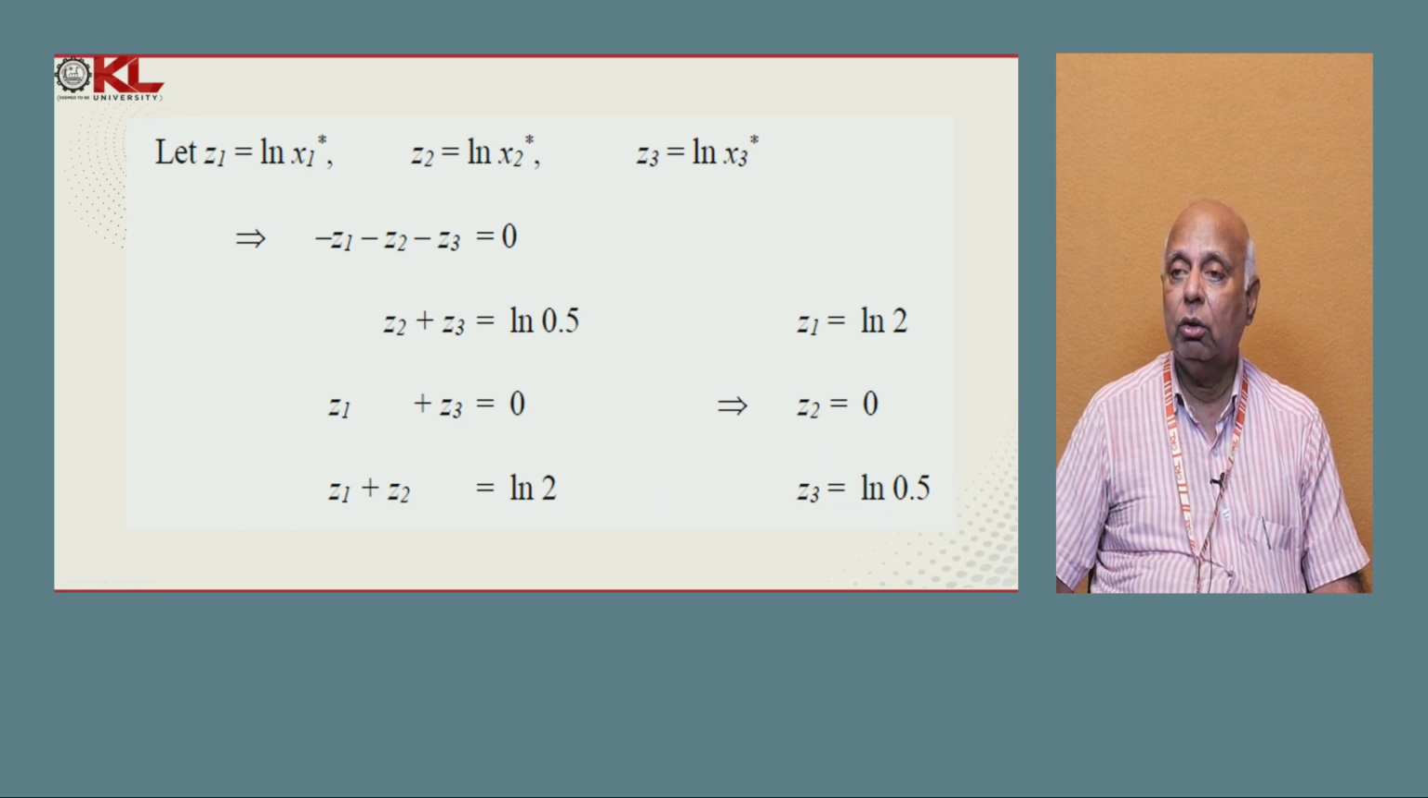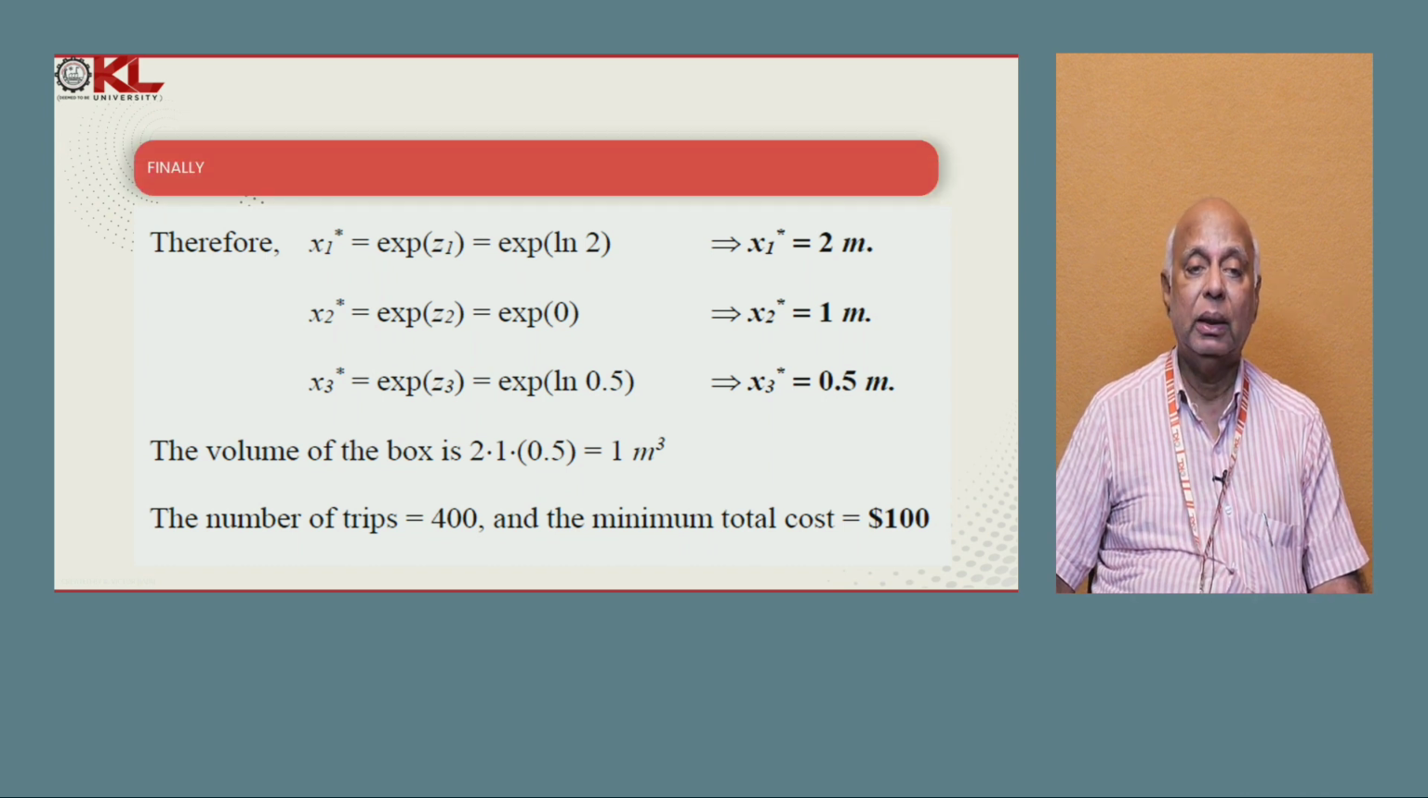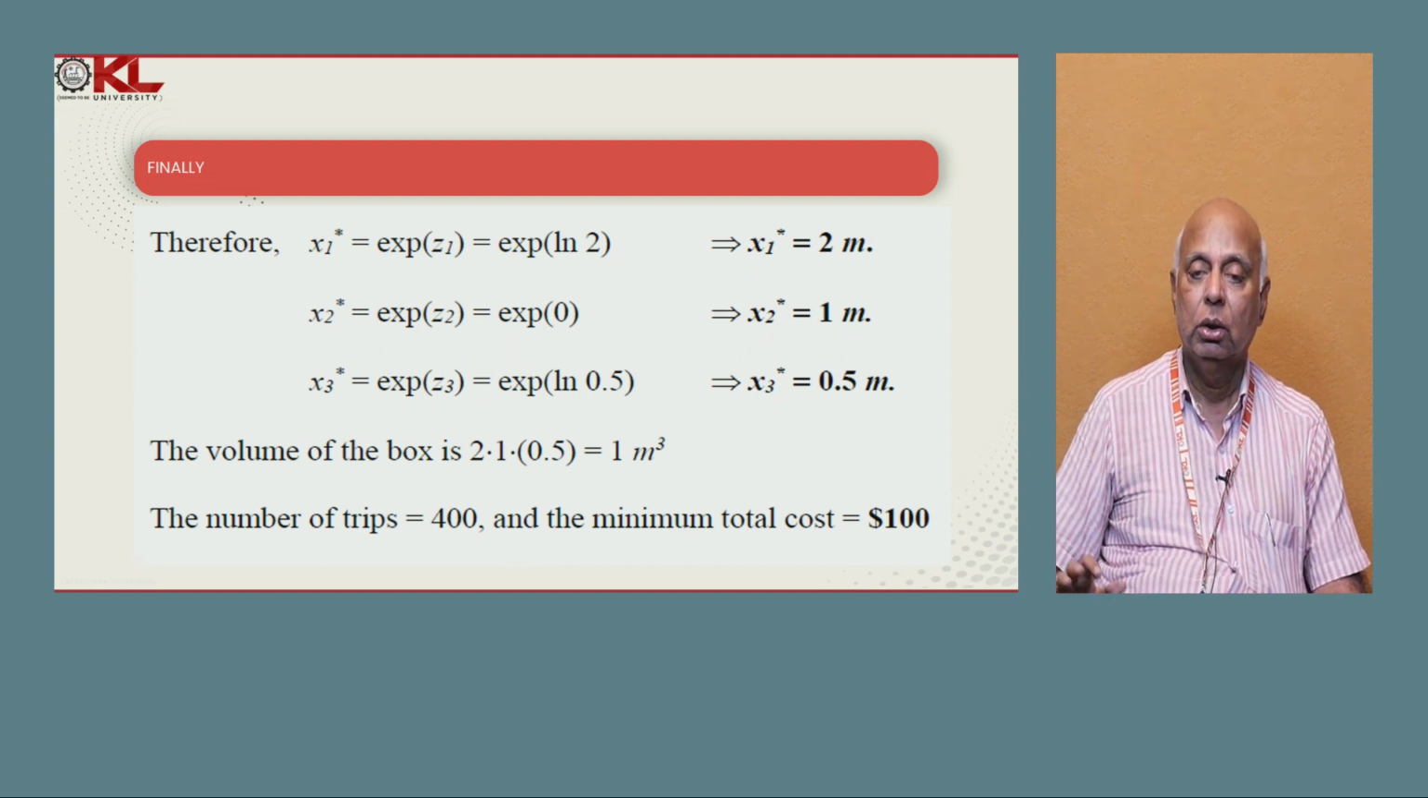z1 is ln of 2, z2 is 0, and z3 is 0.5. Therefore, x1 star is 2 meters, x2 star is 1 meter, and x3 star is 0.5 meters. The number of trips that are required is 400, and the minimum total cost is 100. Finally, this would be the solution of this. Okay, so this is how a